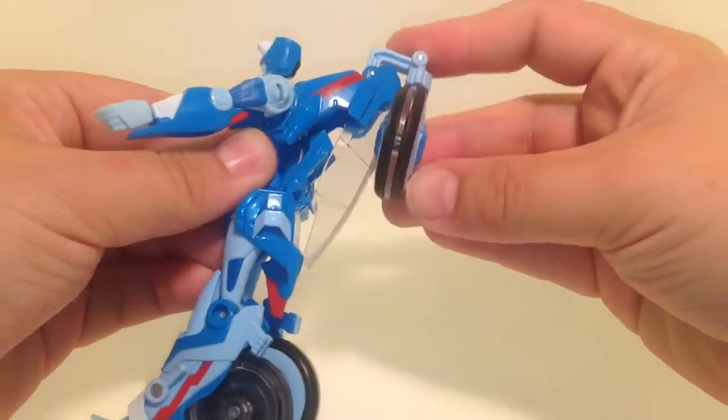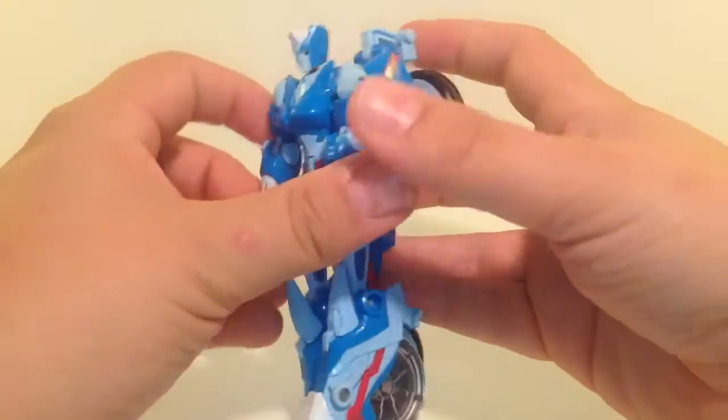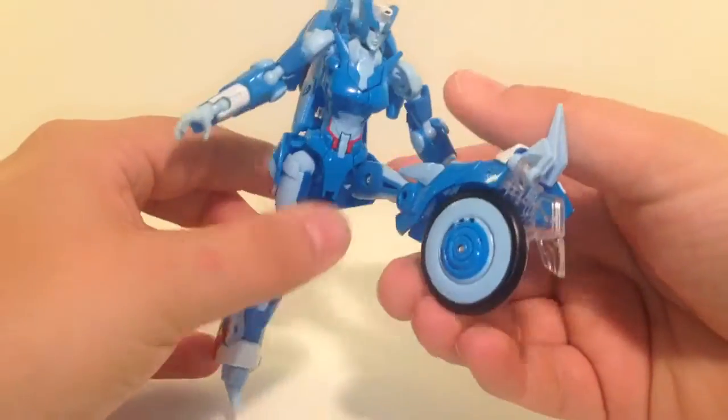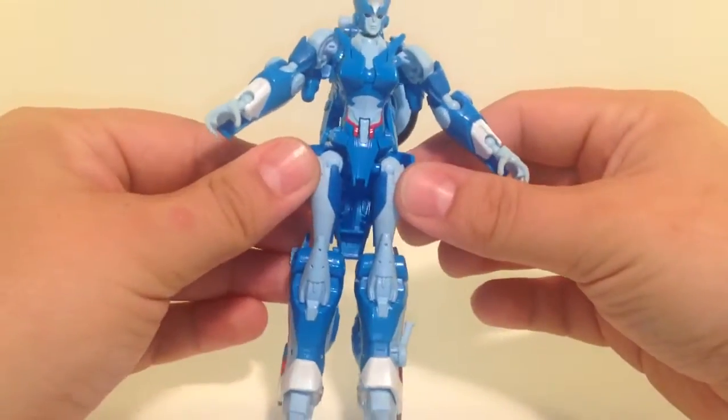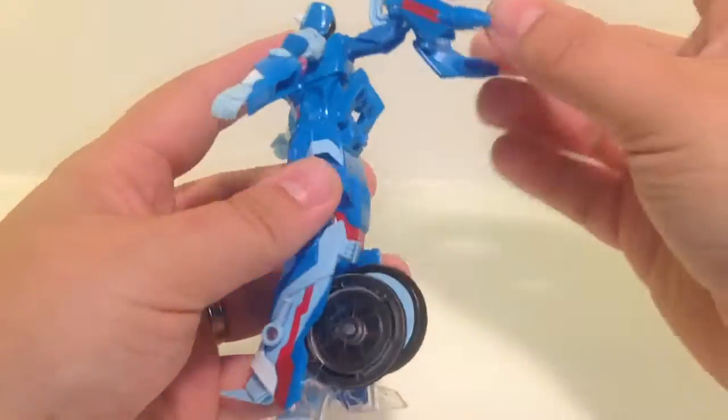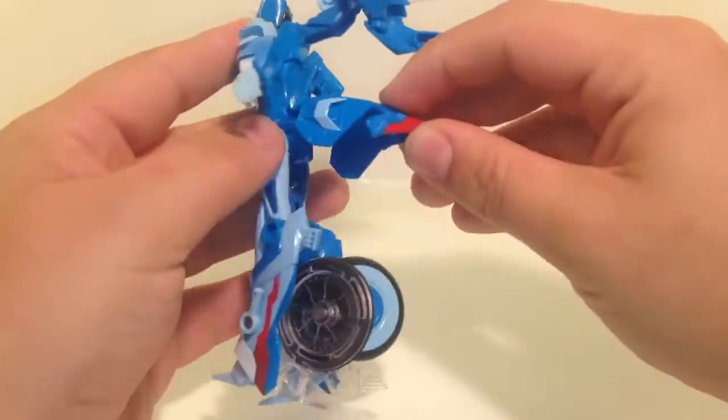the whole backpack in a lot closer and a lot tighter, but then it really does limit the leg articulation, so you can't get any wide stances. It just holds that all in tightly. So you can have it like that, that's one option, or you can lift this section up, this whole back section up,